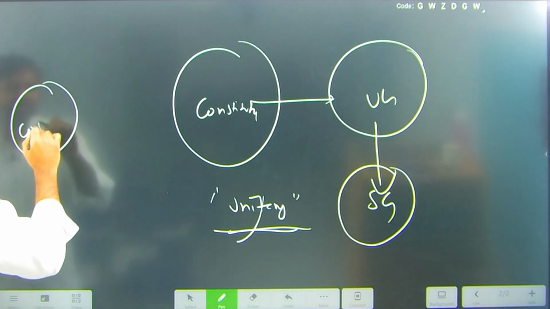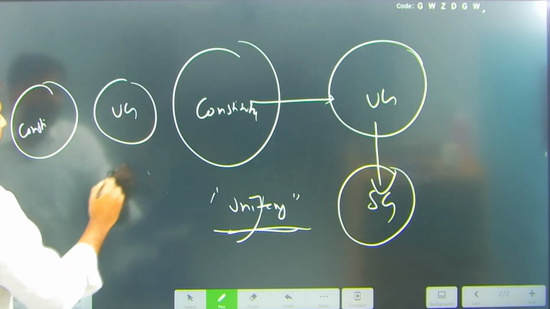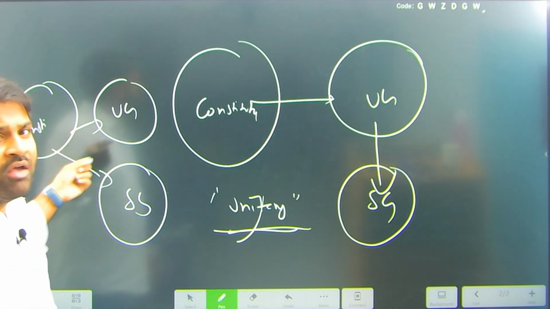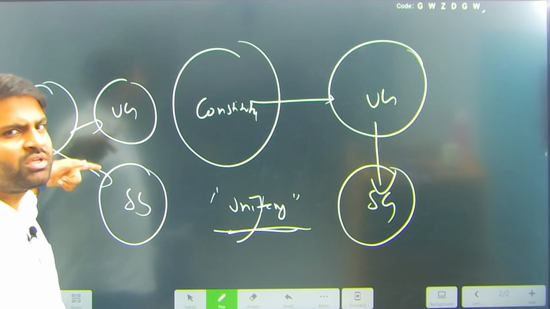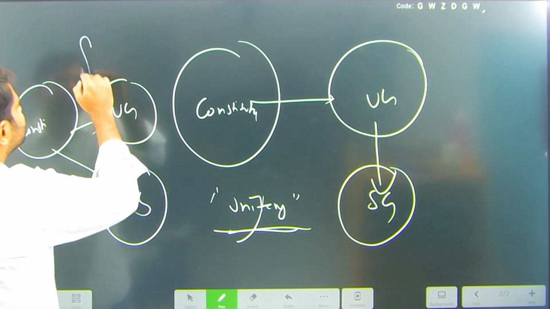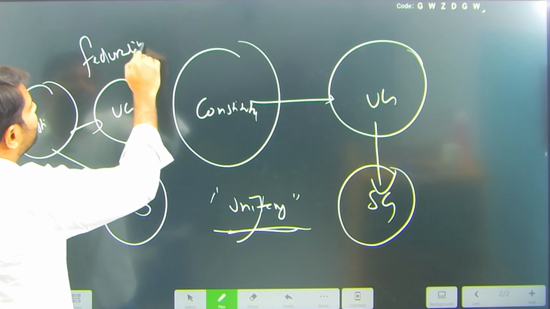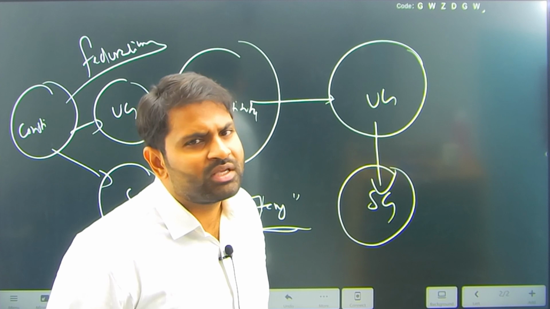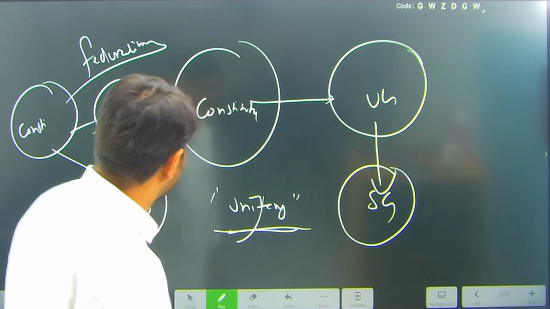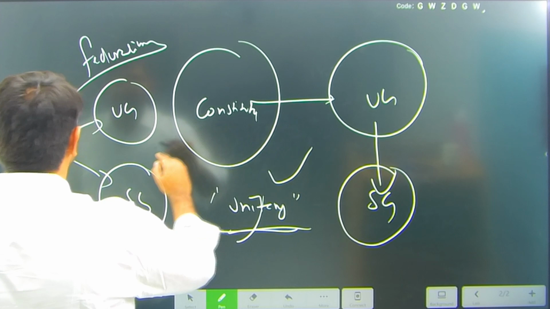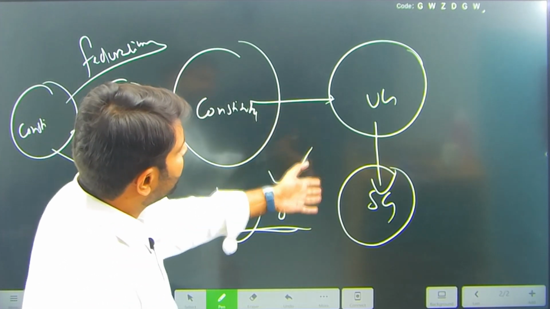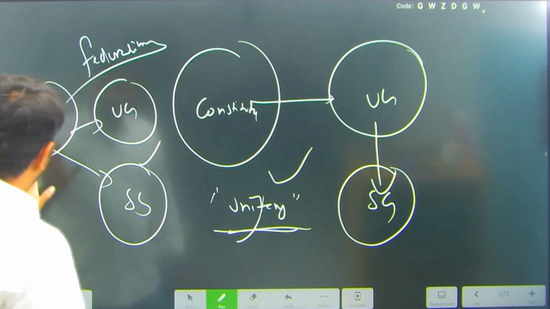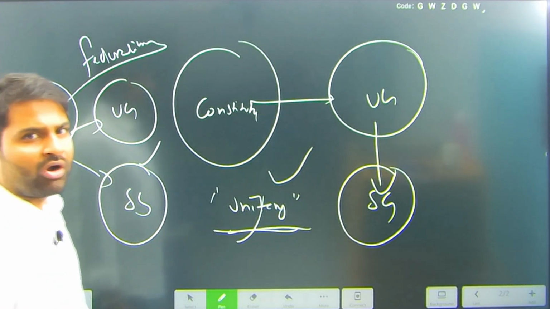If it is there, constitution, union government, state government, if the powers to the union government is given by the constitution, powers to the state government is also given by the constitution, that is called federalism. What are the federal units? Andhra Pradesh is a federal unit, Kerala, Tamil Nadu, Karnataka, Uttar Pradesh, Bihar, Madhya Pradesh, all these are federal units, right? So can you see the difference here? This is unitary, this is federal. When the powers are given to union government and union government is giving powers to state government, that is called unitary feature, and when the powers are given to union government and state government, that is called federal feature, right?